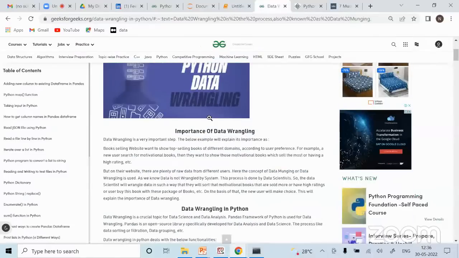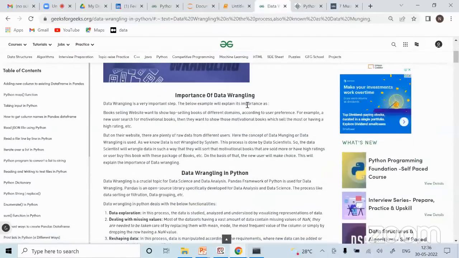Now what is the importance? It is a very important step. Let's take this example: a book selling website wants to know what is the top selling book of different domains according to user preference. For example, a new user searches motivational books. What should they show to that particular new user?